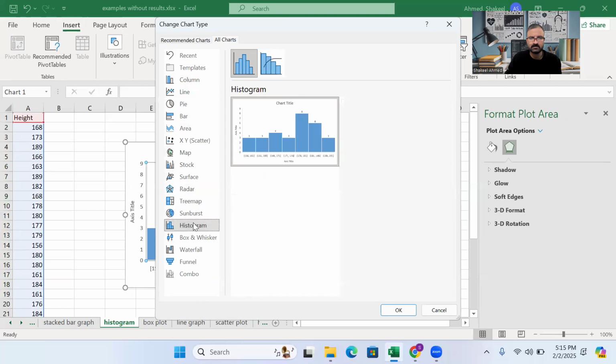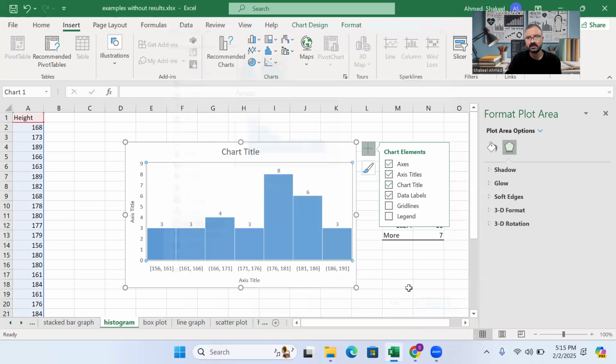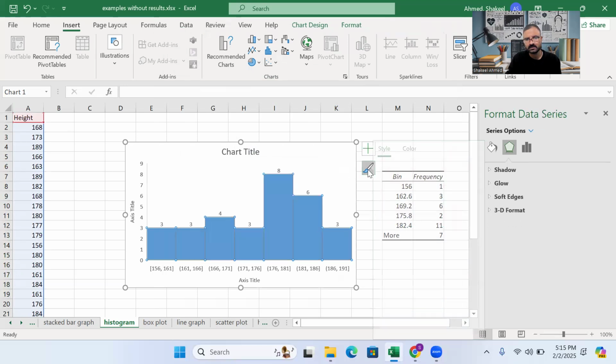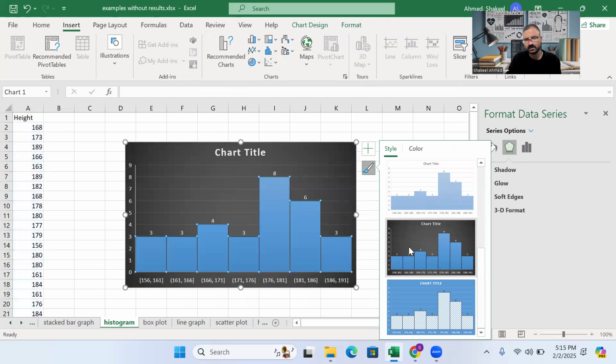This is the histogram, and you can add a trend line over the histogram, and you can add a normal curve on this as well. Chart total axis, primary axis, and then I think you can go and you can see